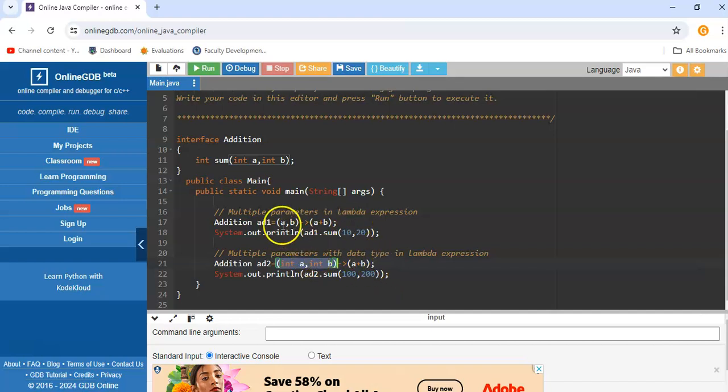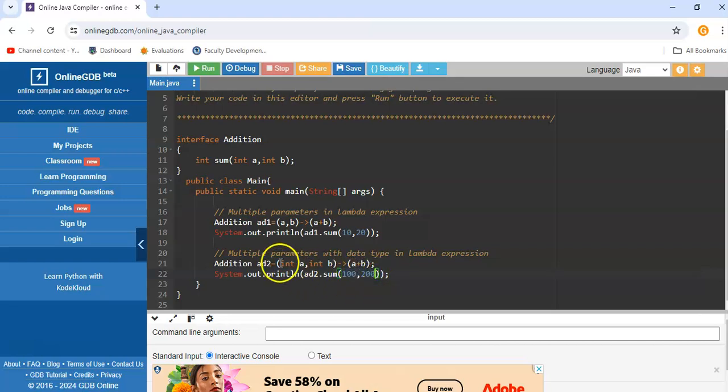That is why it is shown here in both ways: the parameters of the lambda expression can be given implicitly as given here, or explicitly as given here. And in a similar way, the lambda expression is defined. After that, we have to invoke the method by calling it with the actual arguments. We are passing the argument values here as 100, 200.